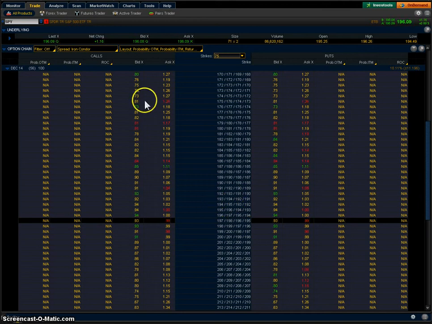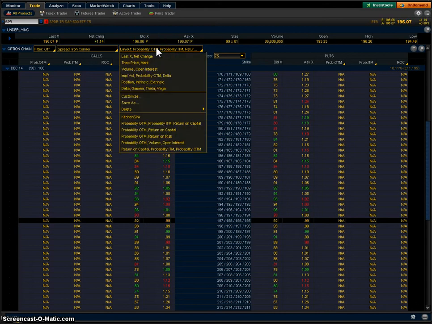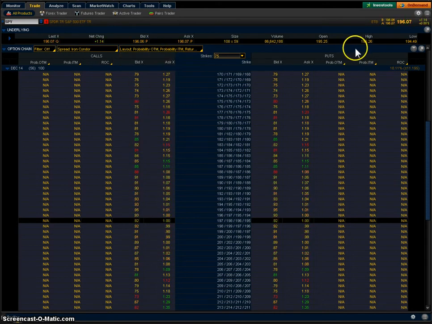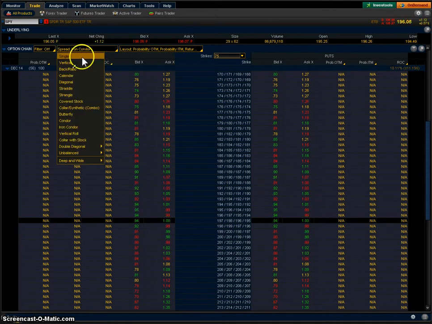Call and put iron condors. This is just a layout for up here. I have mine as probably out of the money, probably in the money, return on capital. So that's why I love using Doe as far as